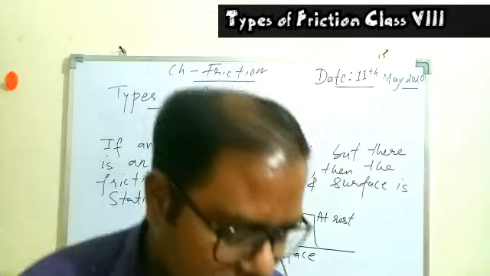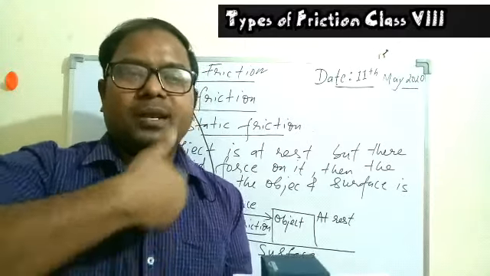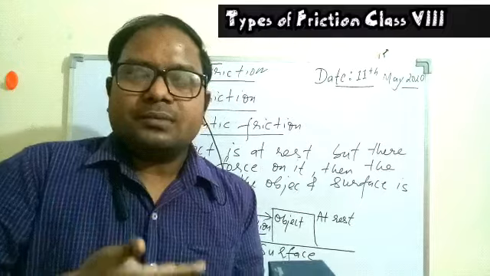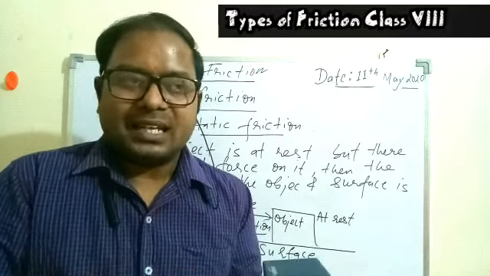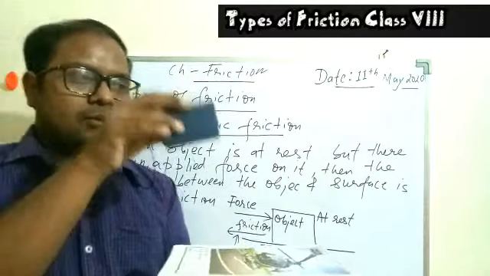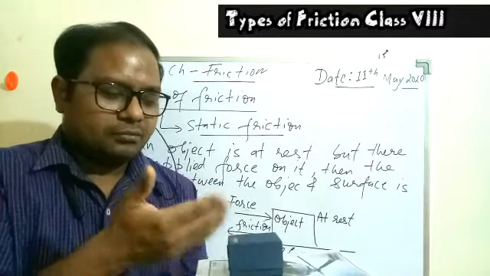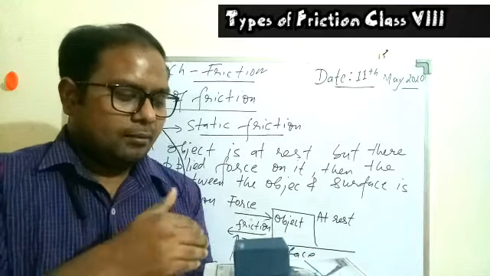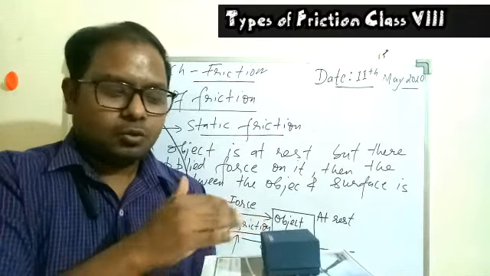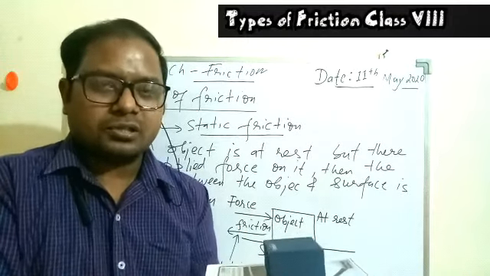The concept is, we understood if the mass is heavy enough, then we need to apply more and more force to overcome that friction. So basically when you try to overcome that friction to move the object, that friction is your static friction. If we have any heavy object and you try to move it, then the friction that we have is basically static. But after a certain applied force, the object will start moving. So the object starts moving when you are able to overcome the static friction.